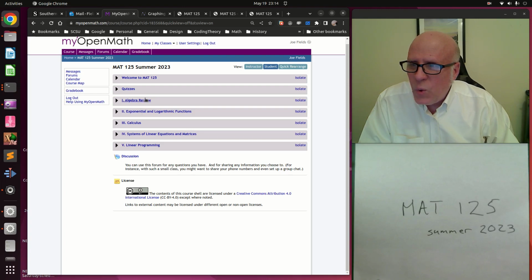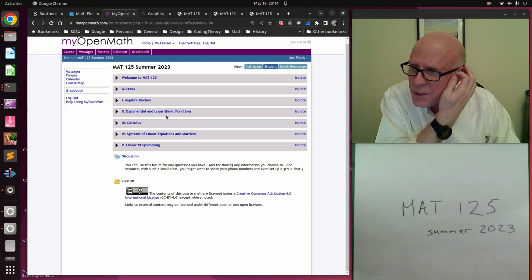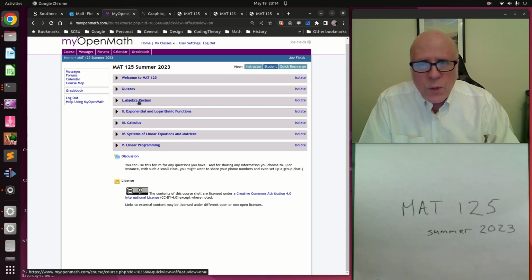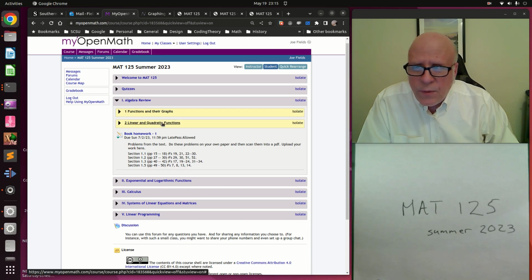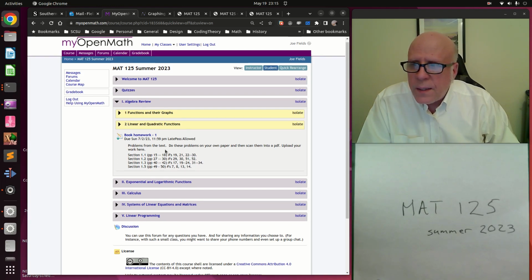All right, so maybe a quick talk through of the 5 topics that we'll be going through in the course, and then we'll be done for today. First section, algebra review. If you've had Math 112 recently, that's the sort of stuff that you'll be seeing in here. There isn't a whole lot, just 2 sections. This is like, I think it's 4 sections out of one of the open source books. Yeah, 1.1, 1.2, 1.3, and 1.5. But all that is visible in here. So it's stuff about functions, and then particularly linear and quadratic functions. I think that should be familiar territory. If it's not, then